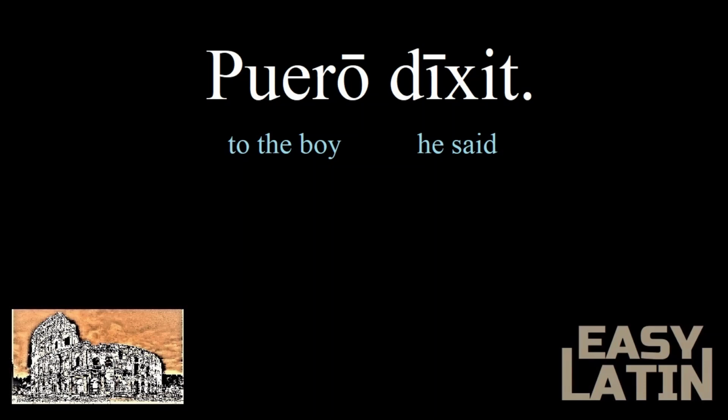We also need to use the dative form when talking about things we like. Remember, instead of saying, I like blah blah blah, in Latin we say, blah blah blah is pleasing to me. Do you remember how to say the girl likes music? Puellae musica placet. What the girl likes is not the object, but the subject. So this is like saying, music is pleasing to the girl. Or, to the girl, music is pleasing.